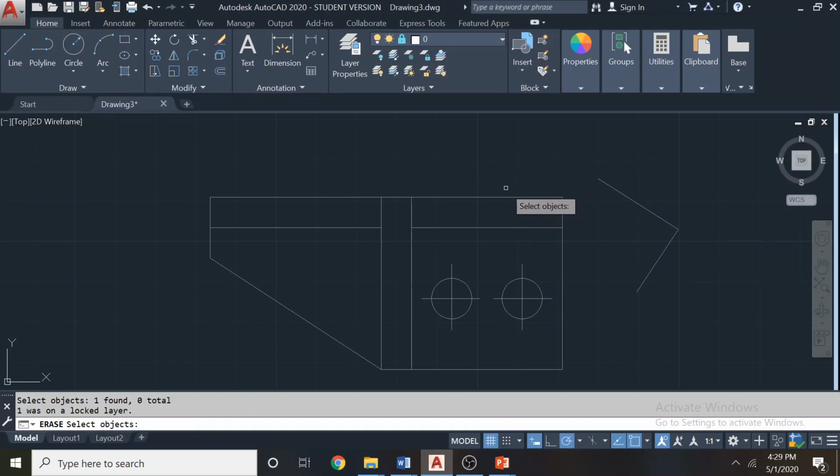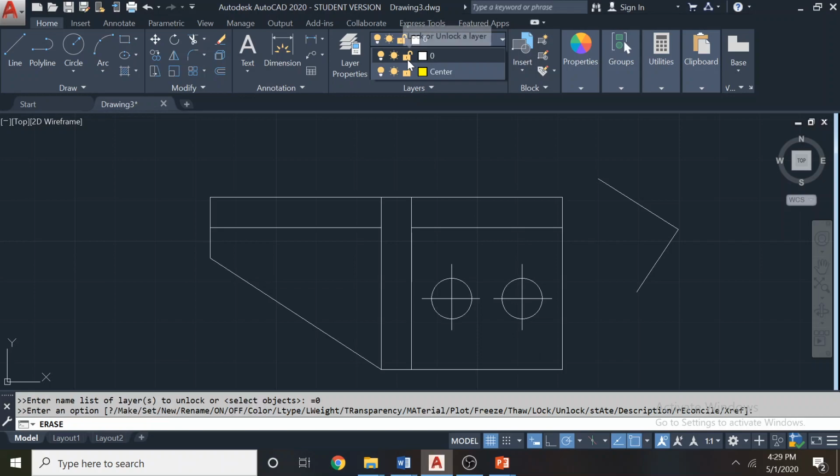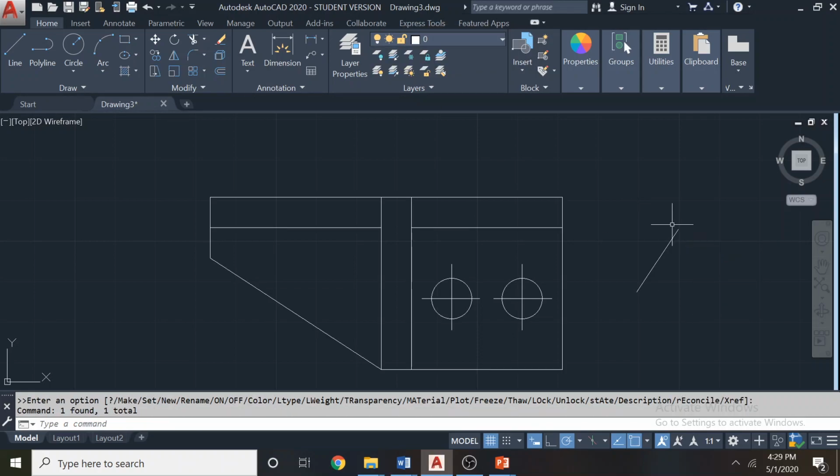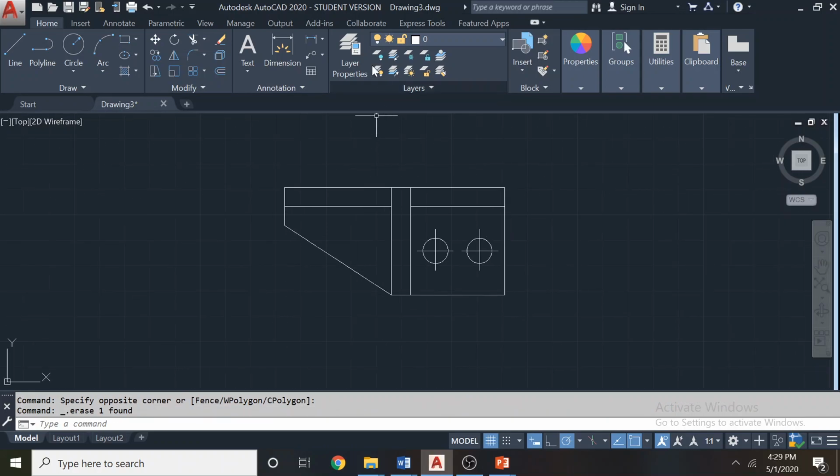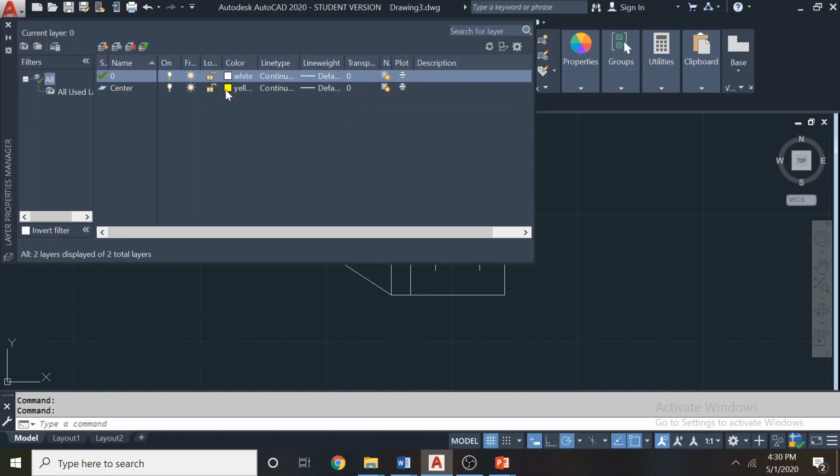So please remember, when the layer is locked, it appears not in bright colors, in a somewhat faded color. So the white color is not very bright now. If I unlock the layer, you can see the white colors very brightly. So I can delete the things now. I will come back to this. Now the color is given as yellow. It's an unlocked layer.